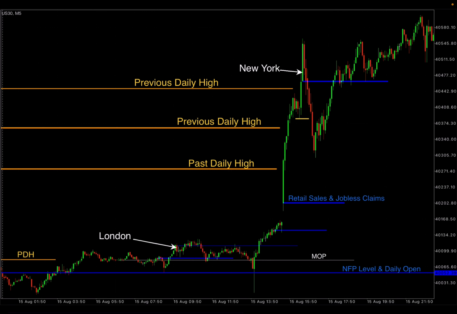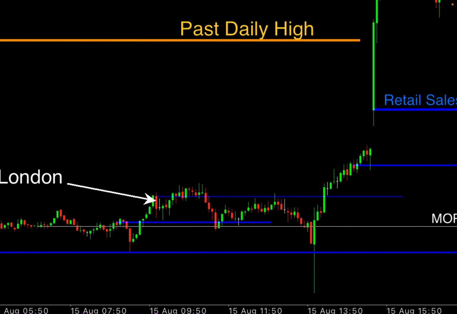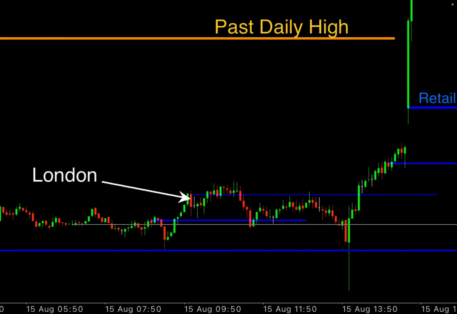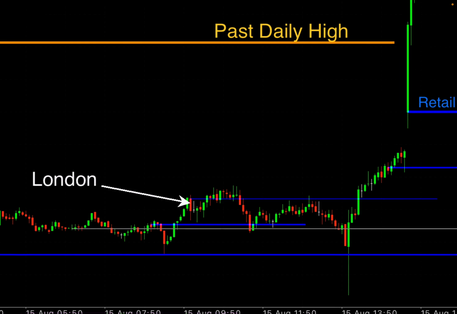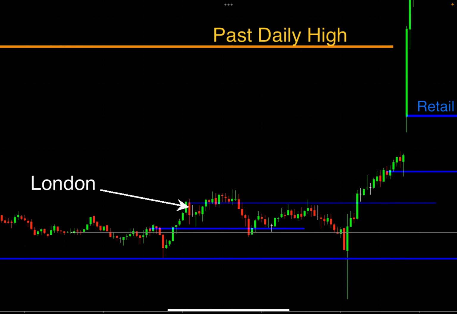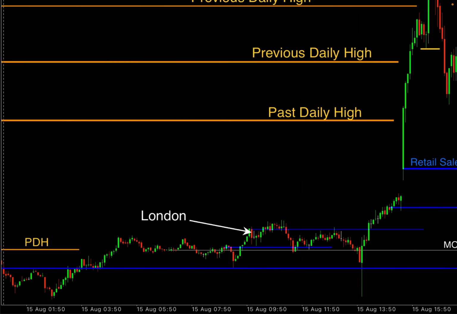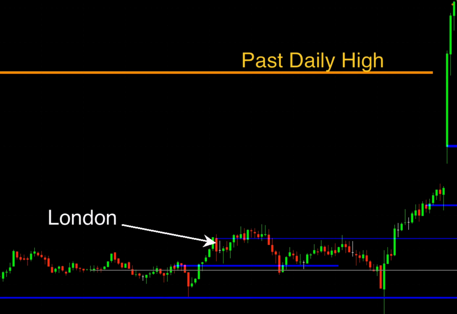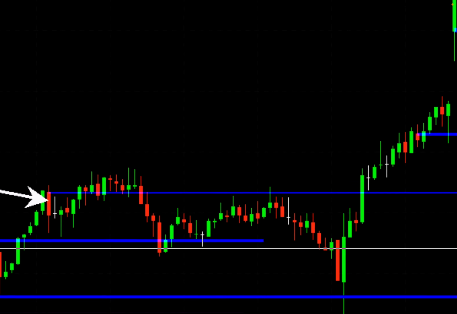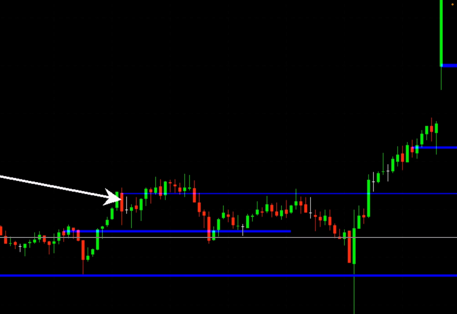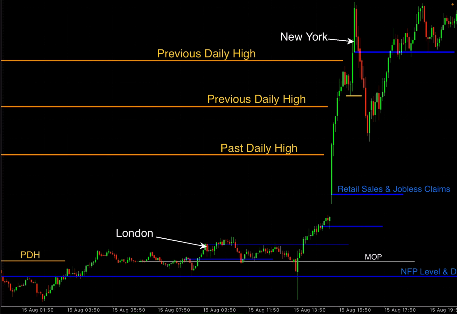Before we go to the charts, what you can see here is the main entry. London traders opened and came up a bit. Then you could have got into your sales because there's a tiny little liquidity sweep. You might have got into that. If not, you could have got in on the retest of the London opening blue level. Then you got a continuation down.